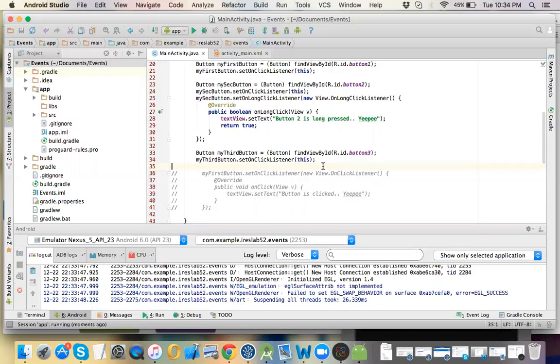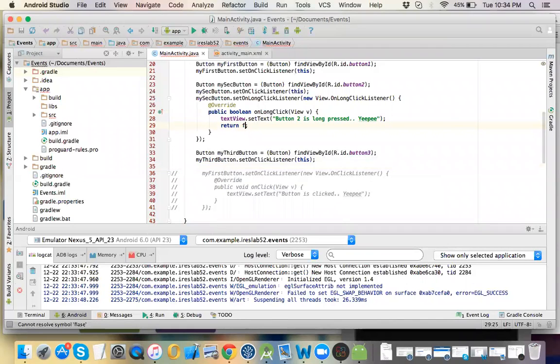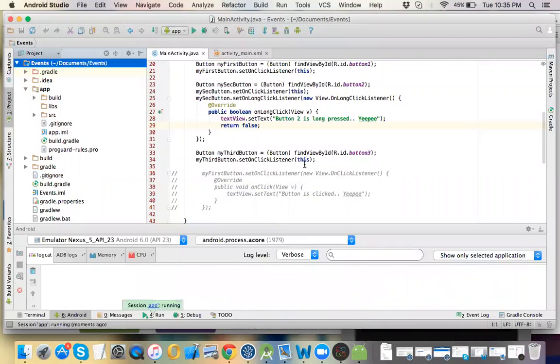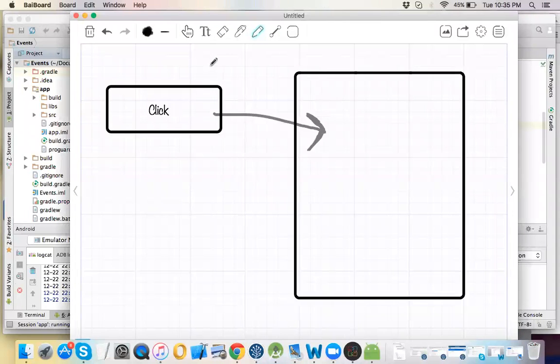But it is on you which event you are going to listen to, right? So if you see the long click listener, it is going to return you a true or false. If I return a false from here, what will happen? I will put a long click listener on my button 2, and let me show you an example, if two events